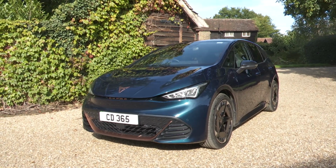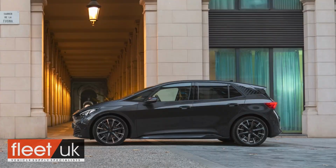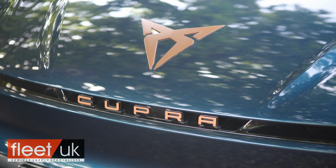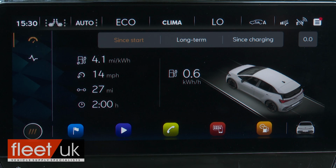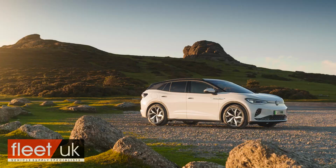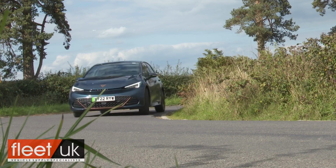Fledgling Spanish brand CUPRA offers a surprisingly appealing compact family EV with sporting genes. This car, the Born. This is only the company's second standalone model, the first to be rear-driven and the first to be fully powered by electricity. It takes all the clever ingredients of other VW Group EVs, but blends them into a more engaging and characterful